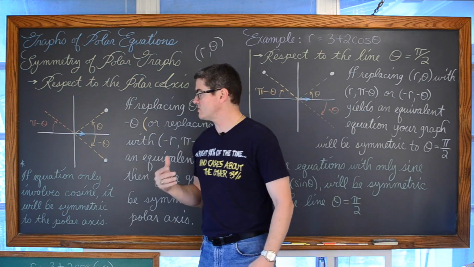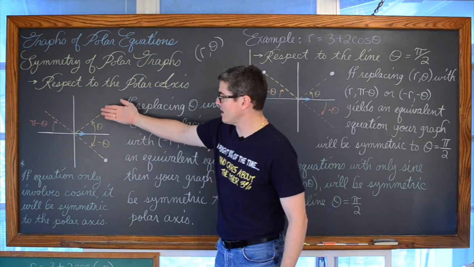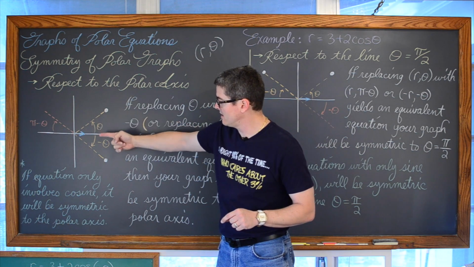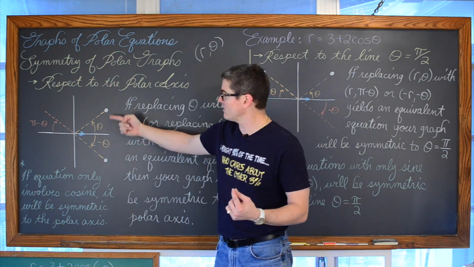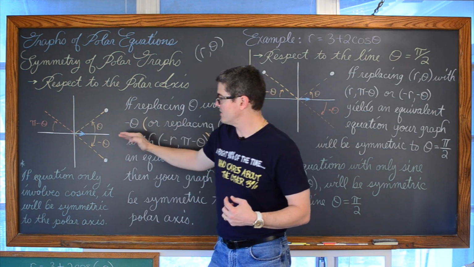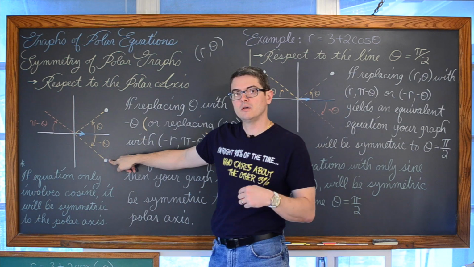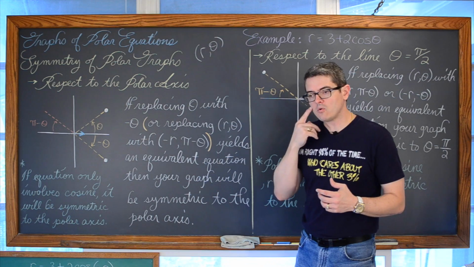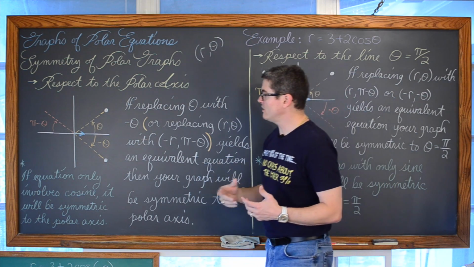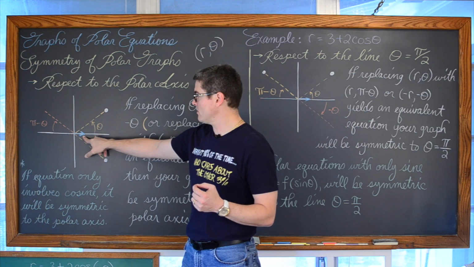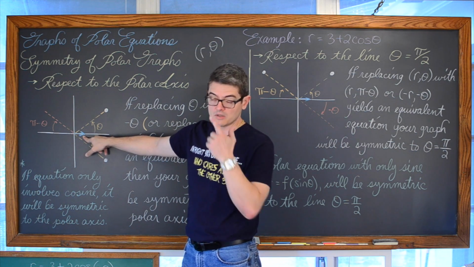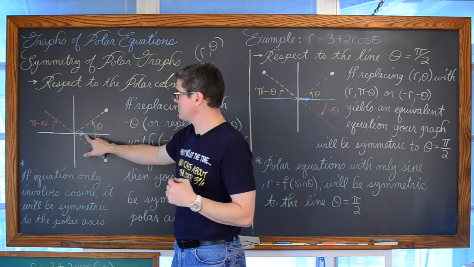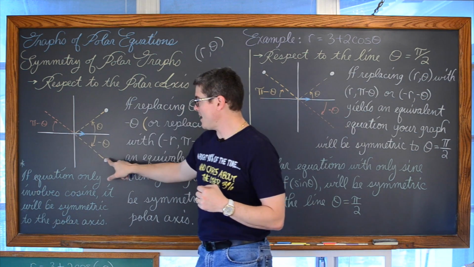Now, by symmetry to a polar axis, that's symmetry to a line, so we're talking about a reflection. So if you have a point in quadrant 1, say here, then you can be guaranteed that if you reflect or sort of fold that graph over the polar axis, this line right here, then you will land on another point on the graph. Now, when you're graphing polar coordinates, you're allowed to have a negative radius, right? So if you, again, have that pointer starting off at 0 radians or 0 degrees, you rotate that pointer in a direction which is opposite to where your point is.